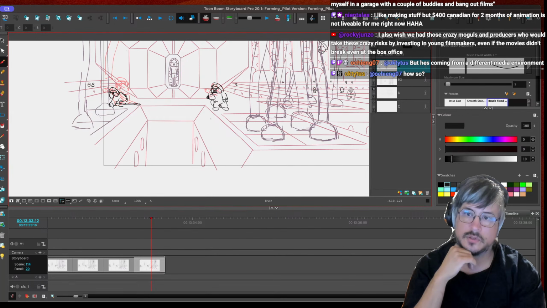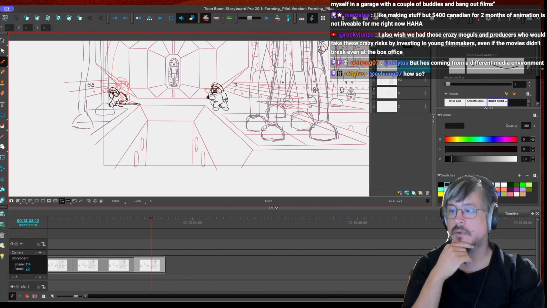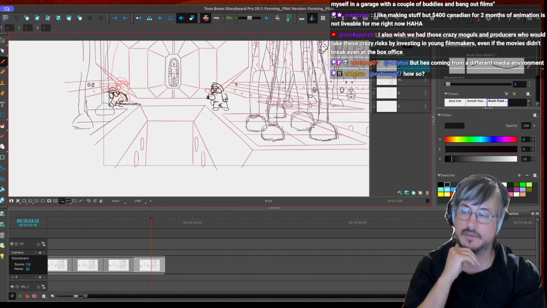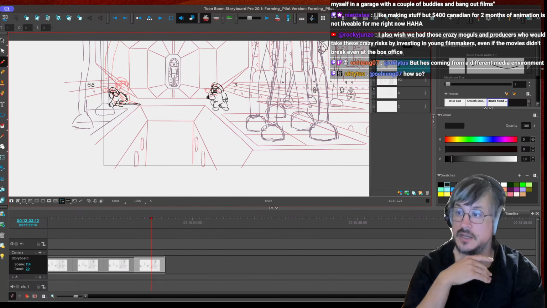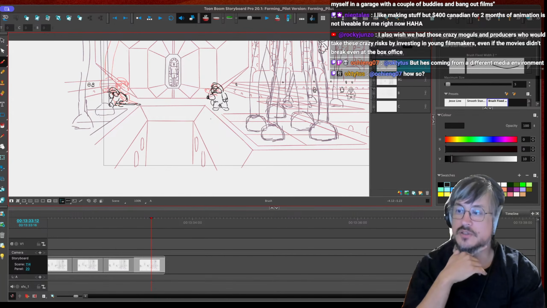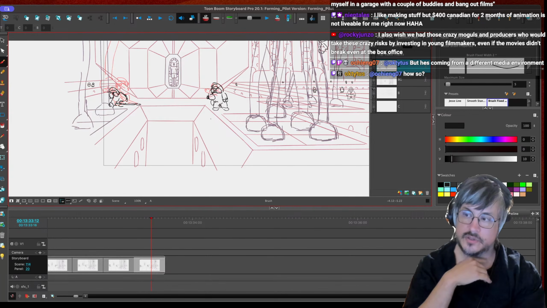I actually said if I had the tools available you guys have already, I'd lock myself in the garage with a couple of buddies and bang out films. Yeah, exactly. You just take the Bakshi model, which isn't perfect, but you take the Bakshi model. If more people had the Bakshi mindset, you know, all the tools are available. I can't believe what Bakshi got. I mean, he definitely exploited people for sure. He abused workers and stuff, but it's way easier to make animated features now than during Bakshi's run.